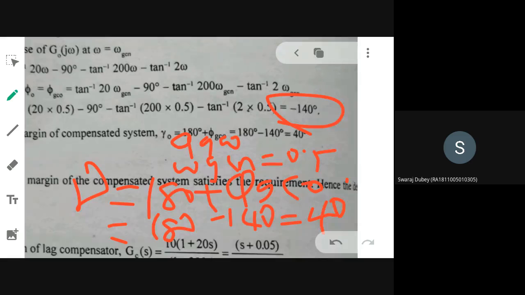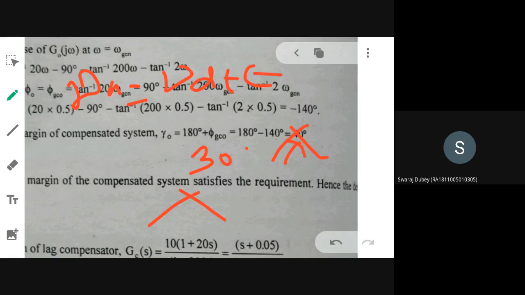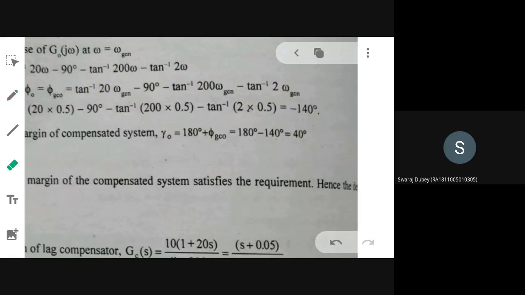Compensator is okay or not? Yes, ma'am. Okay. Suppose by chance this final value is not coming 40, if it is coming 30 degree, then you should conclude that the compensated design is not okay. Then you have to go for gamma n equal to gamma d plus epsilon, the trial value. Now you need to fix a new epsilon, for example 10, and then you have to repeat all the steps till you get that 40 value. But for you that will not be the case, usually you will achieve it. But this is how you will be designing.